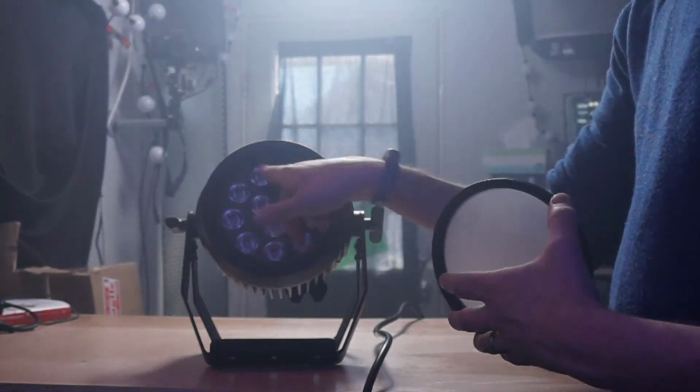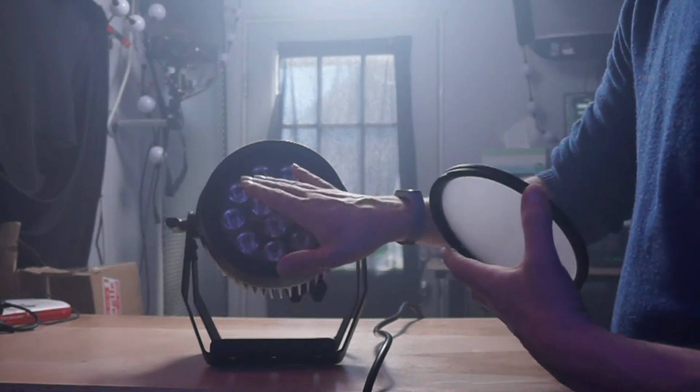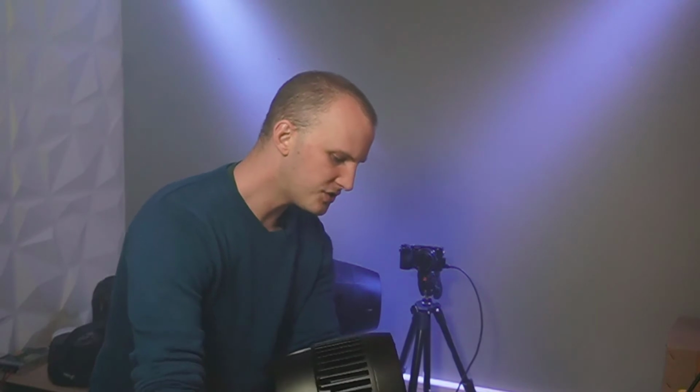Before I do that, actually, this is the 12P hex. So this is the middle of the range. There's a 7 LED version, a 12, and an 18. And it's a beast when it comes to output. It's got good output. Changing the lens, as you saw, is easy and toolless. Really good build quality. Nice yoke that can't pass over itself. Good